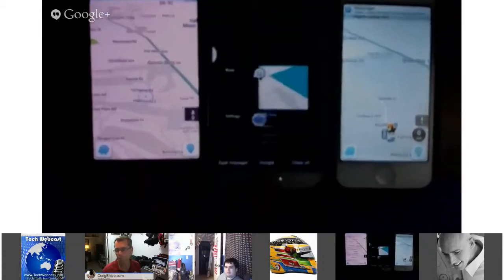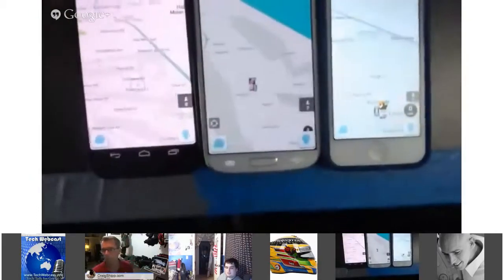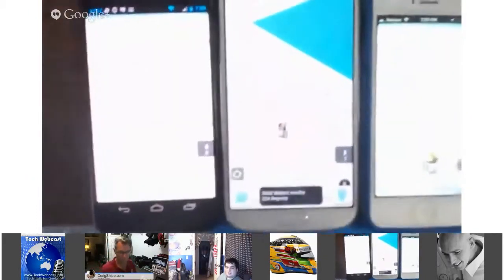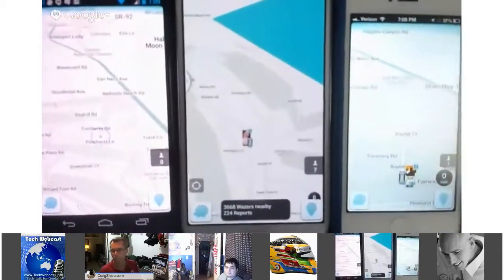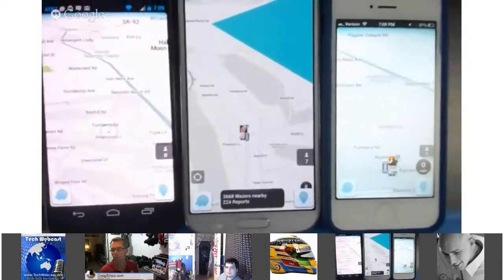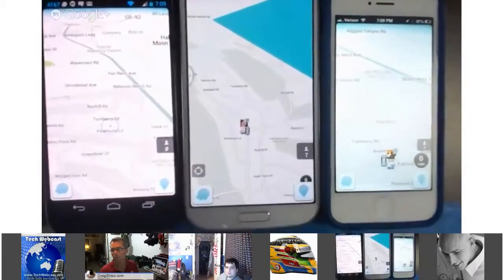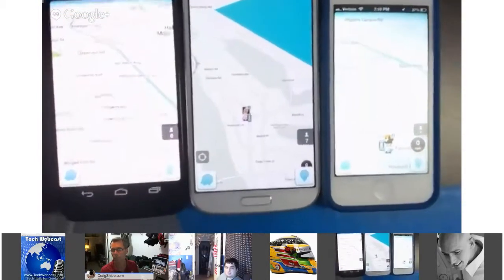the Samsung Galaxy S4 and the iPhone 5, and I'll try to do a few things to show you the difference. So let me first of all make sure my camera is getting this. So this is the Moto X over on this side. And one thing you see, it might not be coming across on the webcam, but the Moto X is noticeably brighter